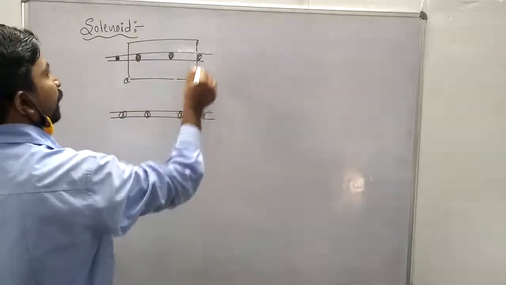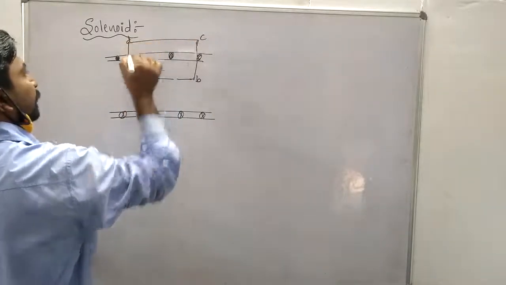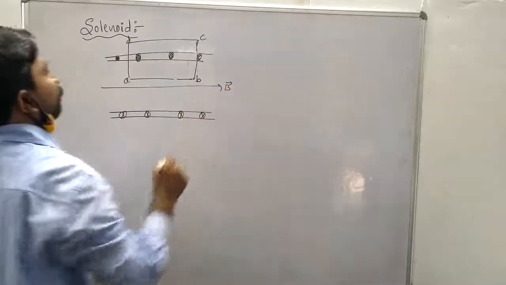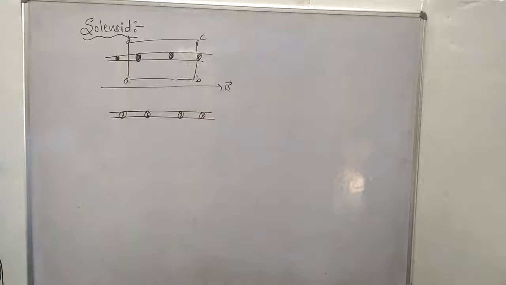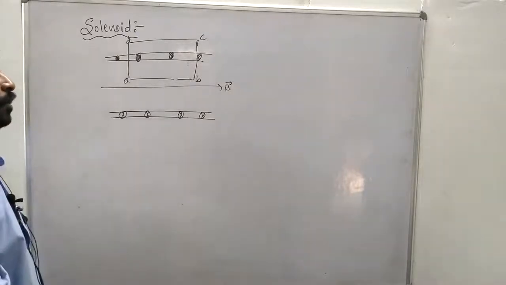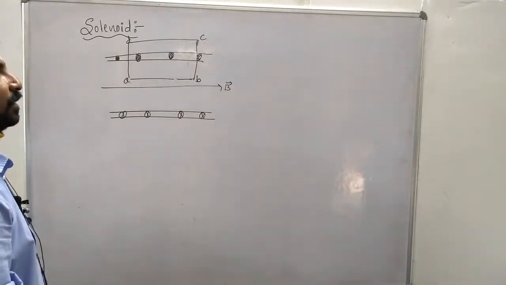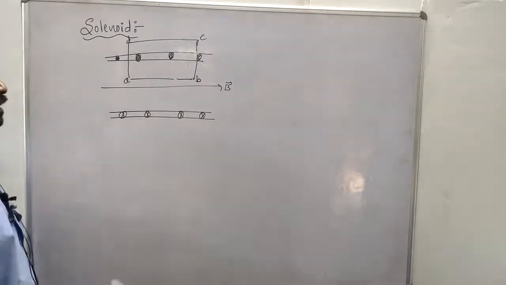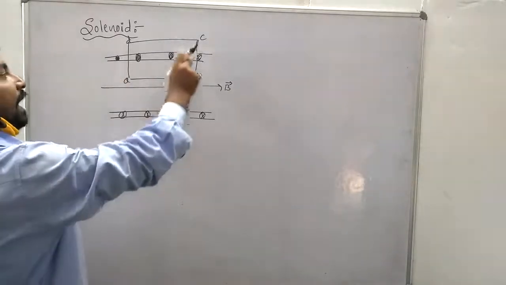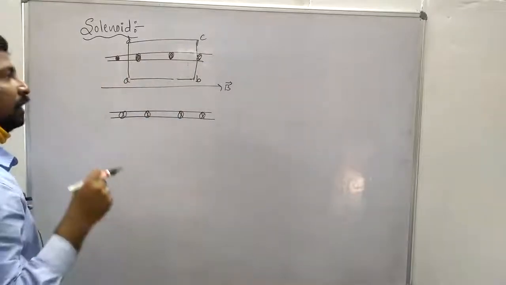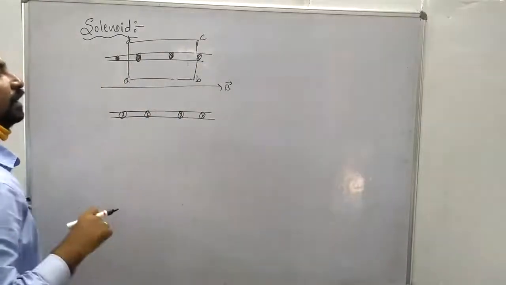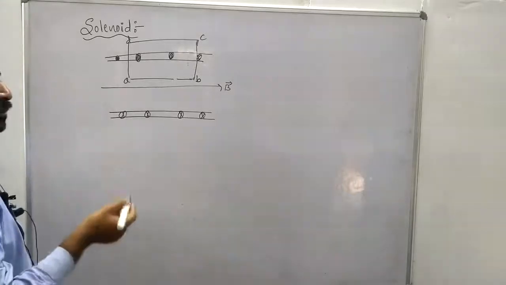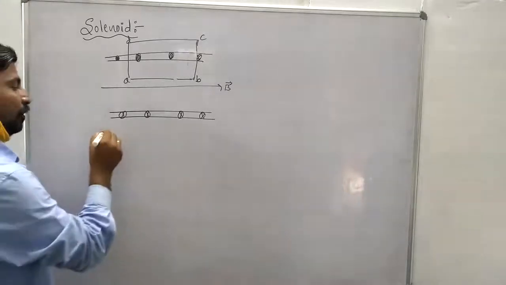A, B, C, D. So this is the magnetic field B. Consider a vertical section of the solenoid as shown in the diagram. Now the rectangular Amperian loop for the turns of the solenoid is as shown in the diagram, isn't it? So by using Ampere's Circuit Law,